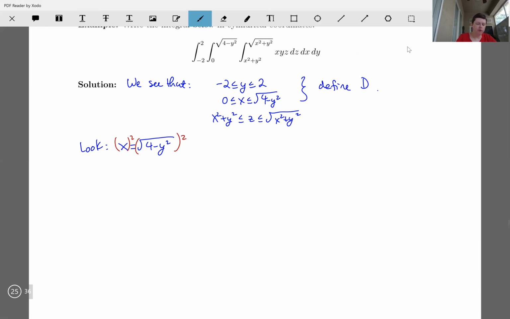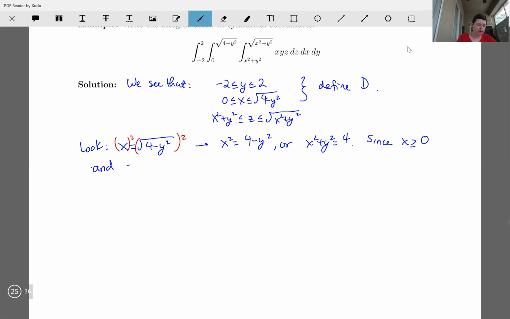And when we square both sides, what do we see? We see that x squared is equal to 4 minus y squared, or that gives us x squared plus y squared equals 4. Now, since x is greater than or equal to 0,